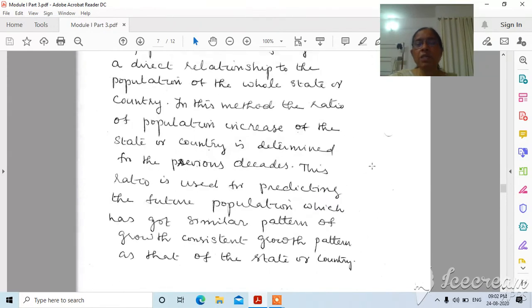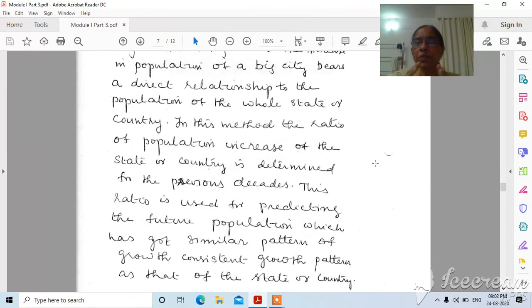So that means in the ratio correlation method, we are assuming that the population of our city which we want to project is directly related to the increase or decrease in the population of our state. So we are assuming that the population of Alleppey city, Alleppey municipality, is directly proportional to the population increase